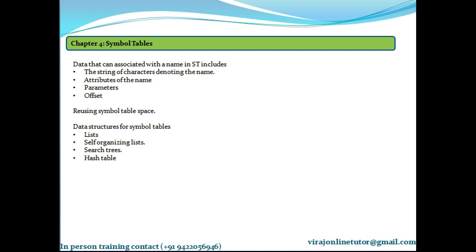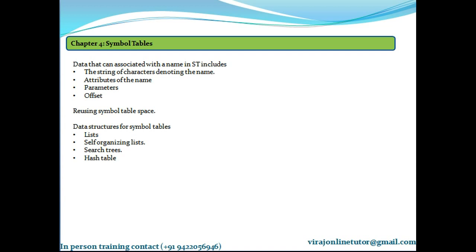The next concept that we are going to learn is reusing symbol table space. The identifier used by the programmer to denote a particular name must be preserved in the symbol table until no further references to that identifier can possibly denote the same name.